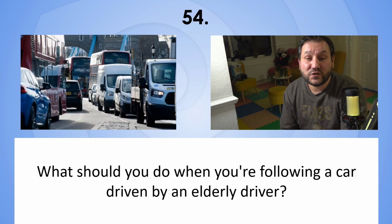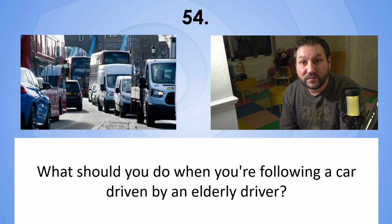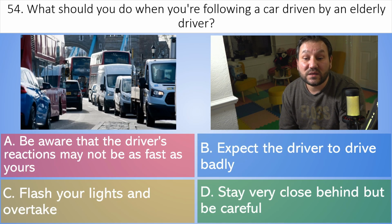54. What should you do when you are following a car driven by an elderly driver? A. Be aware that the driver's reactions might not be as fast as yours. B. Expect the driver to drive badly. C. Flash your lights and overtake. Or D. Stay very close behind but be careful. And the correct answer is